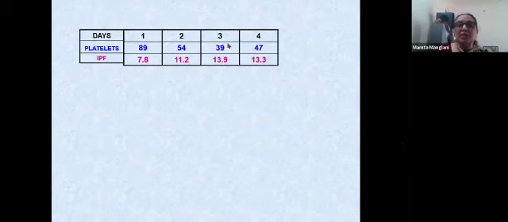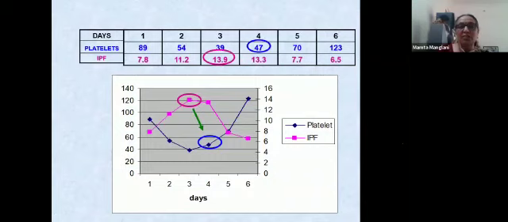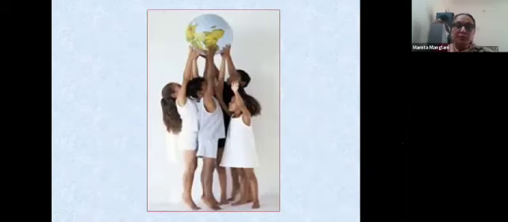Now you see, when it was 39,000, the IPF was 13.9. It was increasing steadily with dropping platelet counts. And here there's a shift. The platelet count has risen a little, IPF has dropped. So when the IPF starts showing a downward trend, you can relax because now the platelets are going to go up. So here IPF was on an increasing trend and suddenly a downward trend and the platelets start rising. So it can be a very good omen in a patient of dengue.